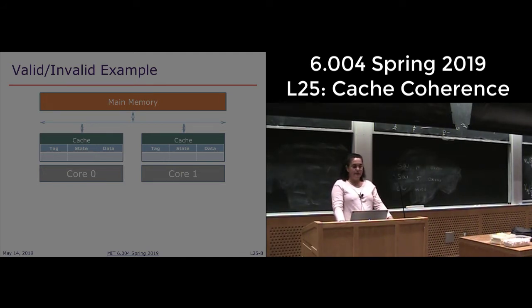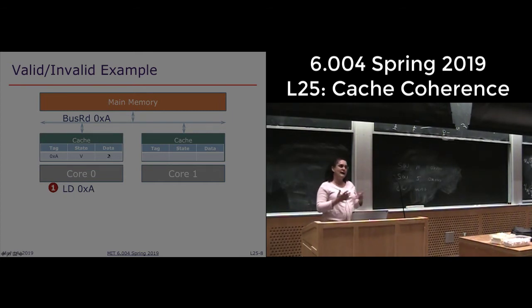In this example, we have just 2 cores, and core 0 is going to try to load address A. It's going to issue a bus read request for address A, and the memory is going to see that and respond with the value of address A. And so now the cache is going to be updated with the tag that says I have information about address A, the state, which is now valid, and the data, which corresponds to this address,